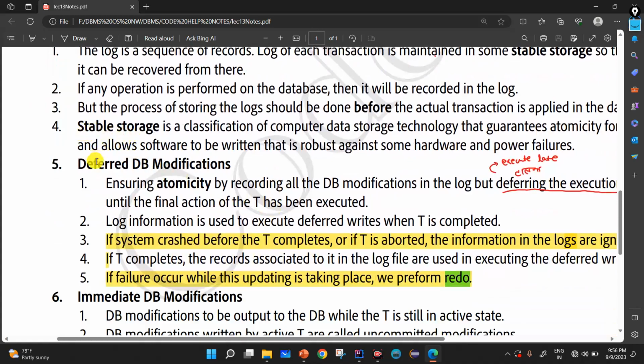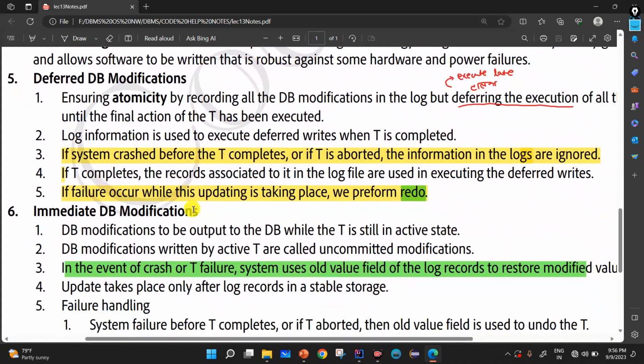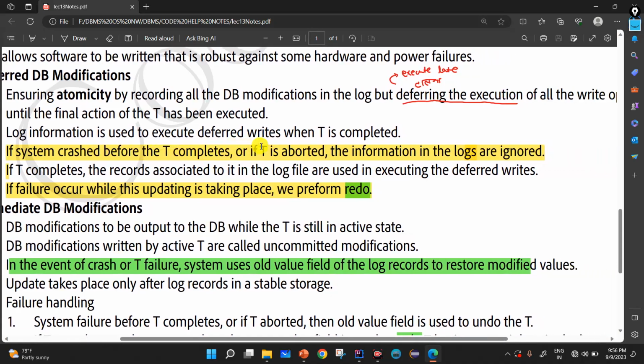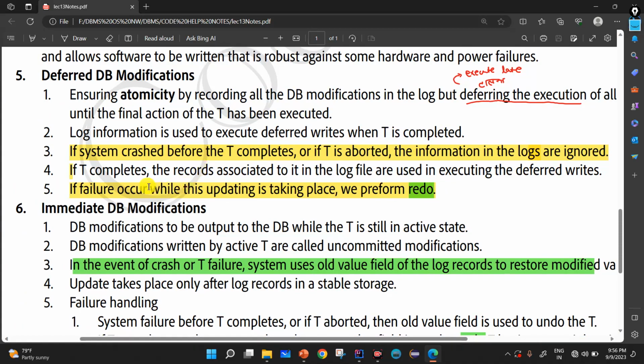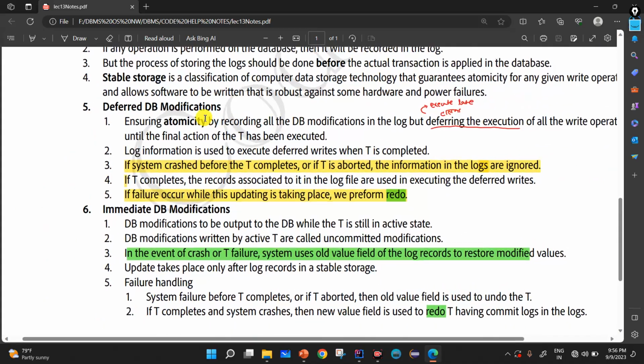Now stable storage, deferred DB modification. The third scheme is deferred DB modification. If the system crashes before T completes, or if T is aborted, the information in the log is ignored. If failure occurs while the updating is taking place, we perform redo. So deferred DB modification is just a modification of our